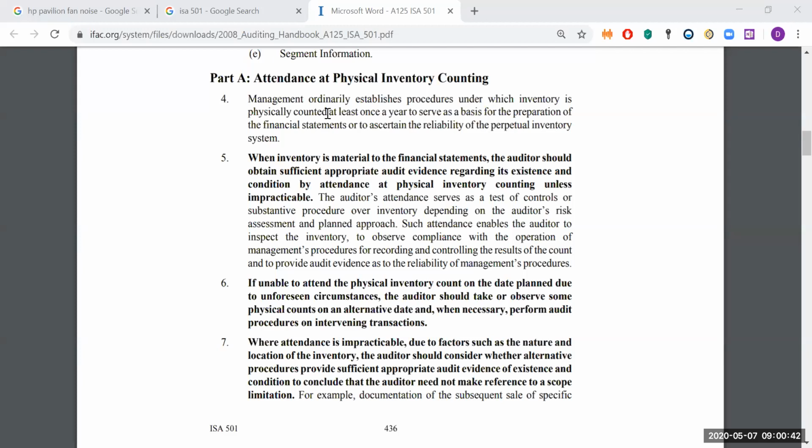In note number 6, if unable to attend the physical inventory count on the date planned, due to unforeseen circumstances, the auditor should take or observe some physical count on alternate dates and perform audit procedures on intervening transactions. If it is not possible, for example, if the count is being done on 1st of December,